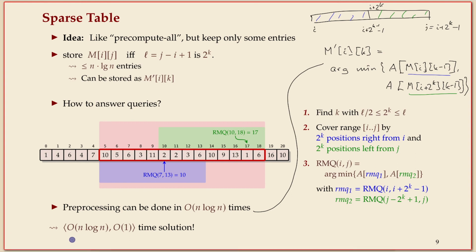So we overall get a solution that has constant query time. That's great. And n log n pre-processing time and space. That's already quite decent. Now, the only thing that's left is to get rid of this log factor. We want to get it down to linear. Okay,